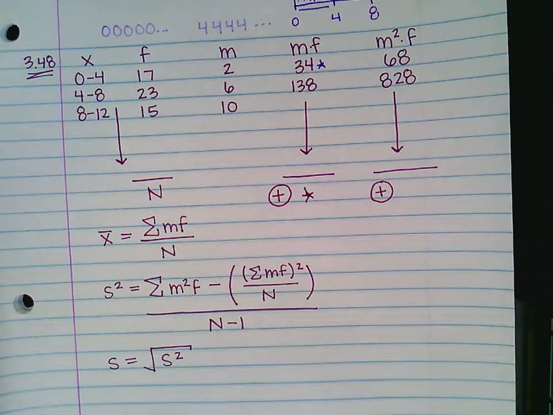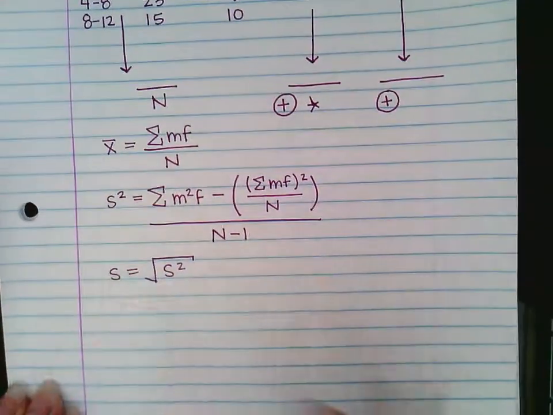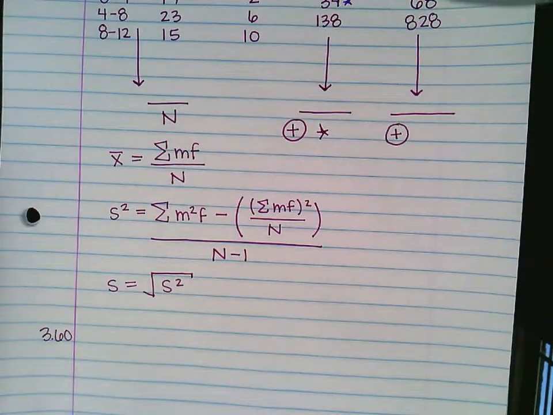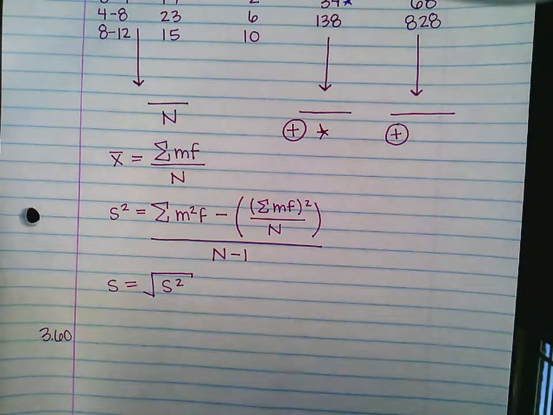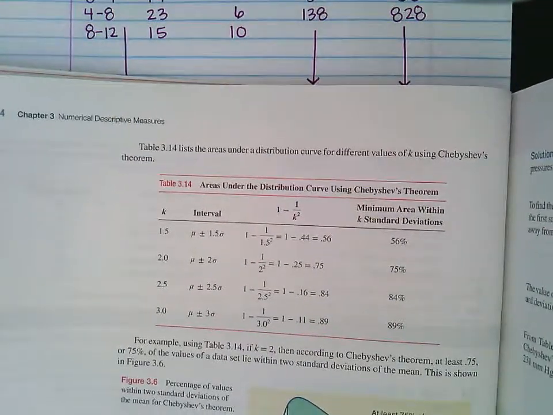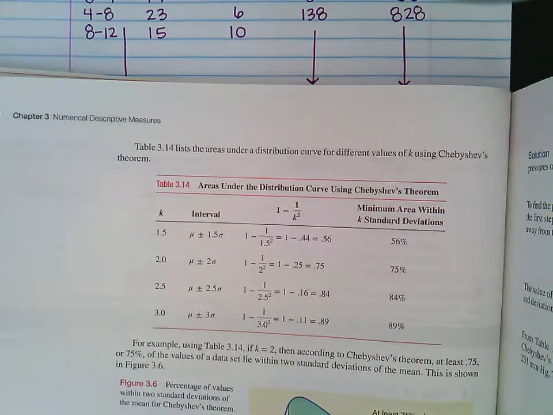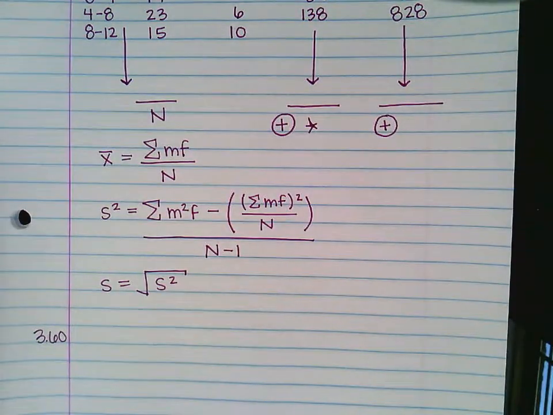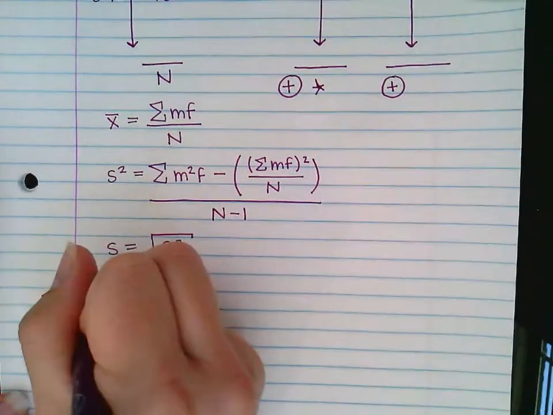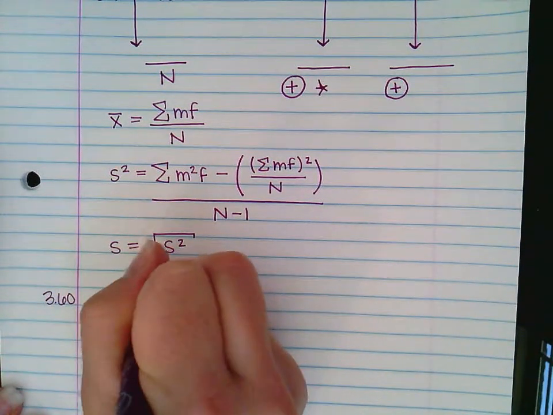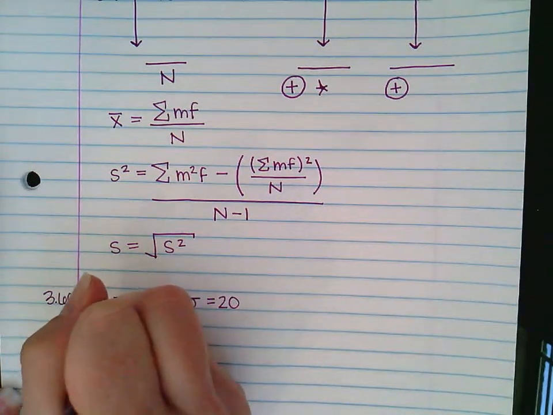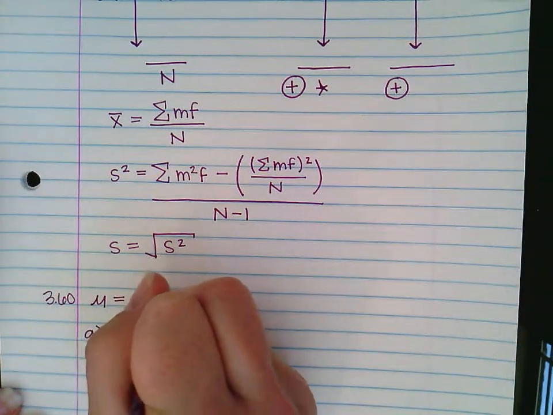All right, in the next section, there's a theorem and a table that I want to show you in the book. Here, and it's about how much data is that far away from the mean, okay? And so on 3.60, it tells us that the mean of the distribution is 220 and the standard deviation is 20, and it wants to know what percent of the data is between